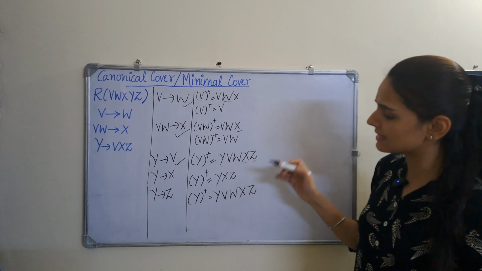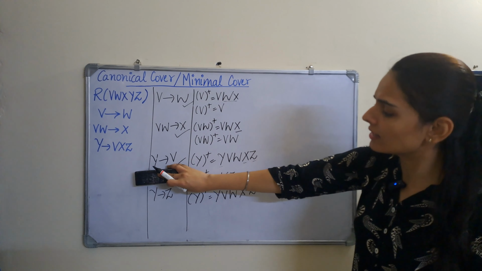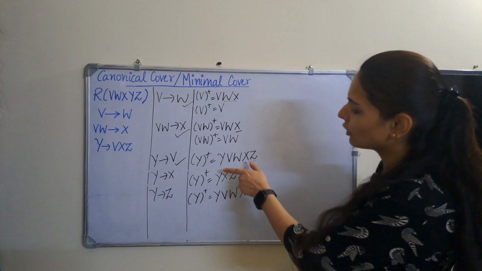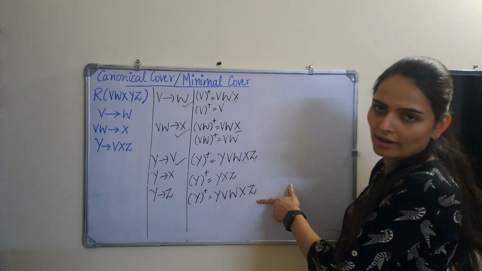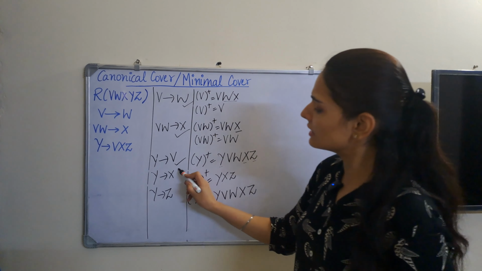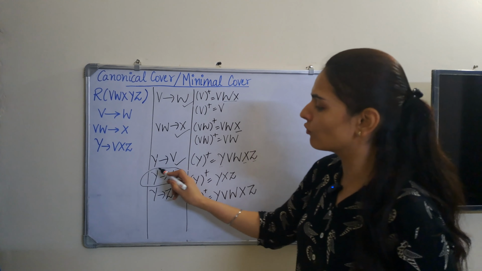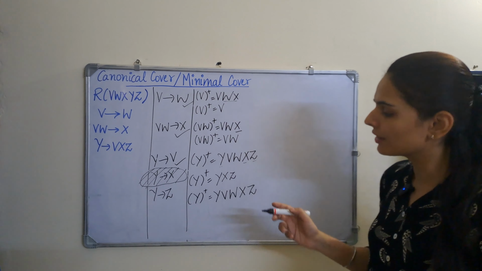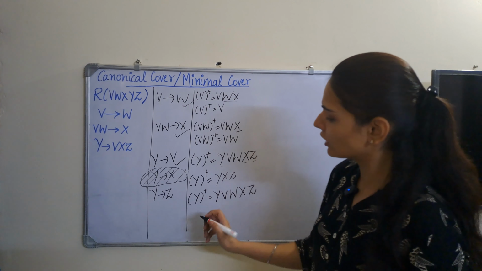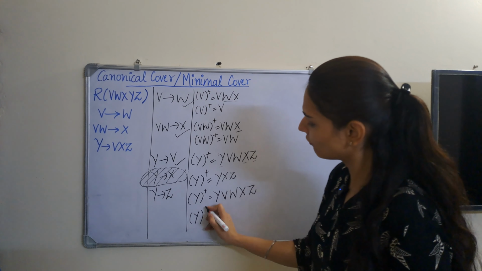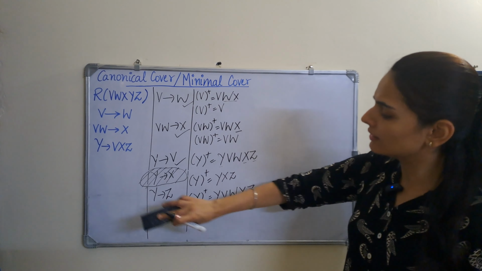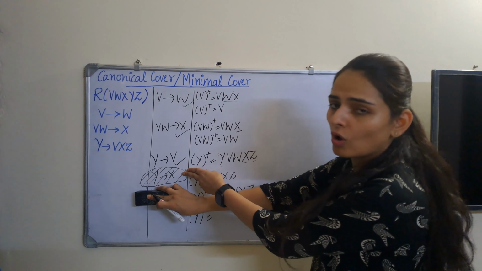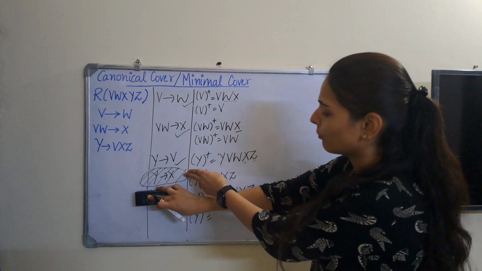So now we can see that even if we do not consider this functional dependency, if it is not there in the system, we could get all the attributes over here, right? So now this functional dependency we will remove, and now for further processing this will not be considered. Now next, for this functional dependency, again we try to find out the closure of Y, but this time we won't consider this functional dependency, and this one we have already removed, so this one also won't be considered.